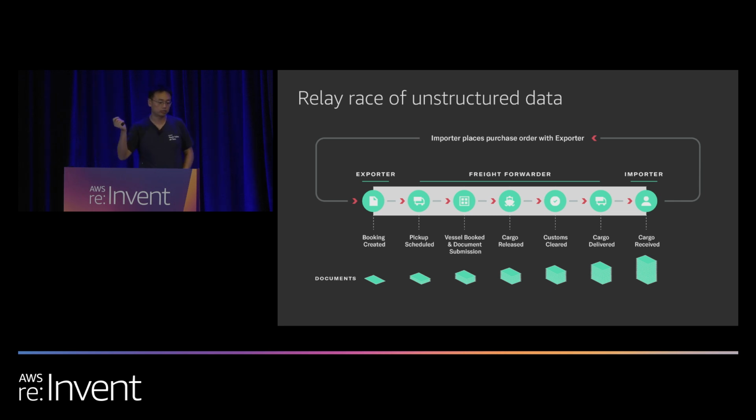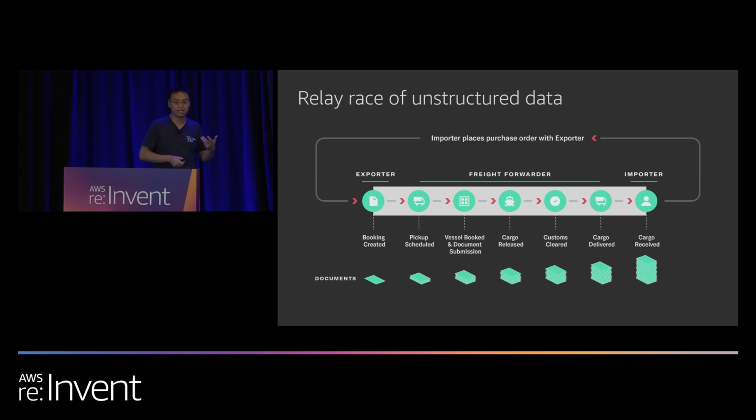First, the importer needs to make the purchase order, and then the exporter needs to start the booking. Then step by step, we need to pick up the container and handle it in the port, handle the customs, load it on the ship, and before entering the US, you also need to clear customs. Then eventually the trucking company can pick it up and deliver. Usually there are more than 20 documents to handle, with a handshake along the way.